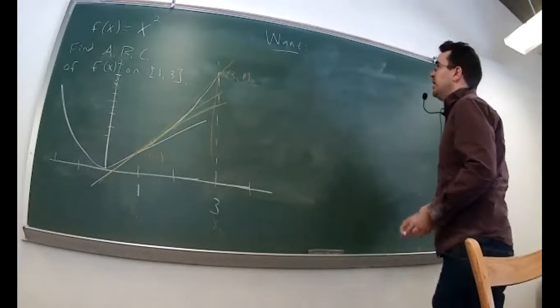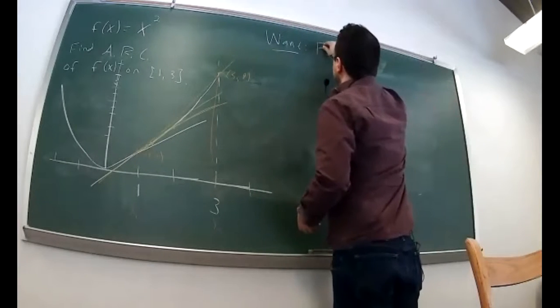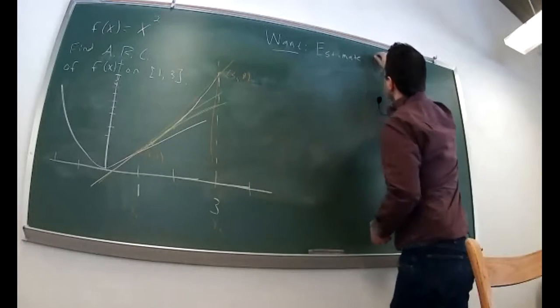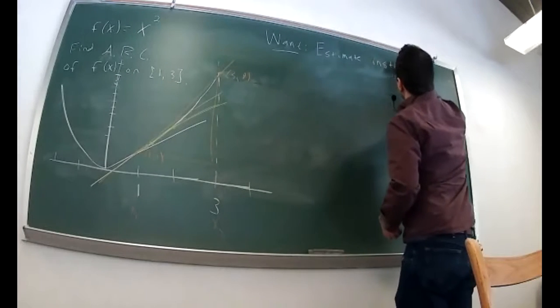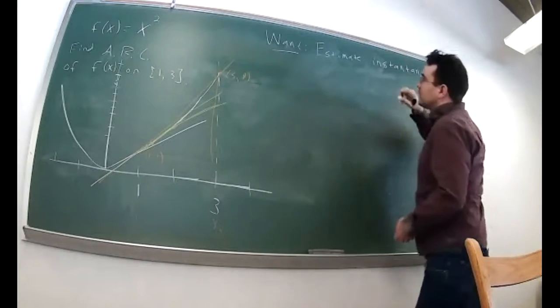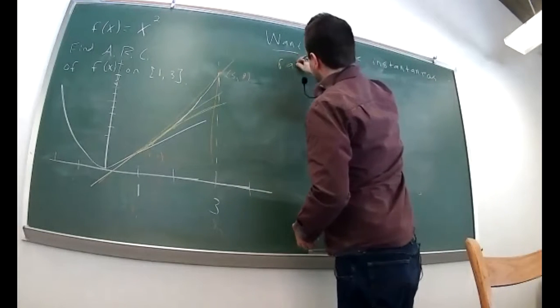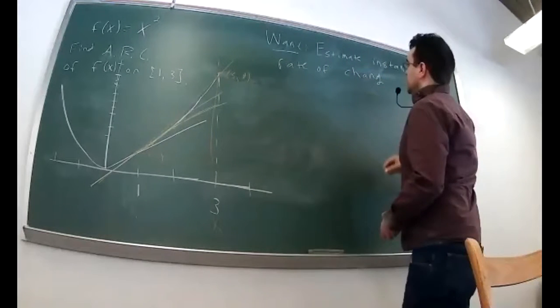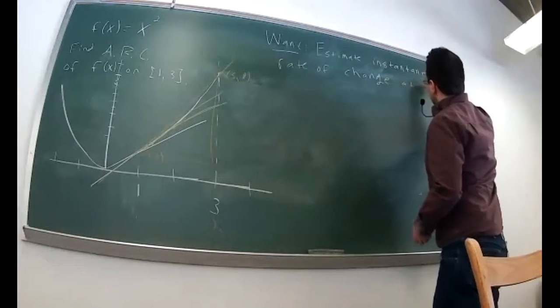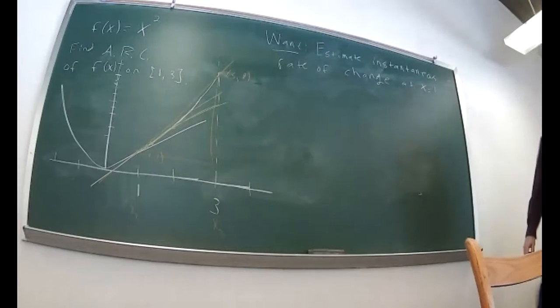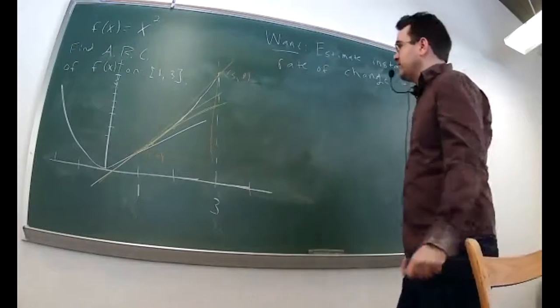So what I want is an estimate of my instantaneous rate of change at x equals 1. And so what I want to do is calculate some average rates of